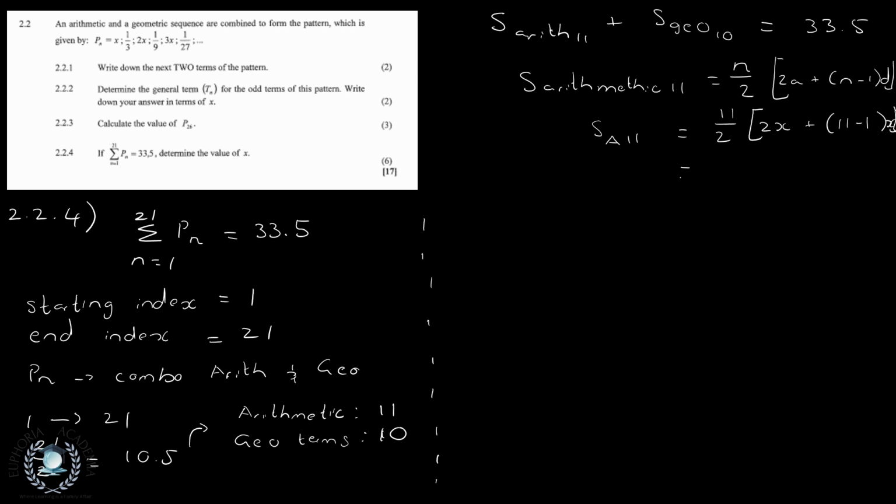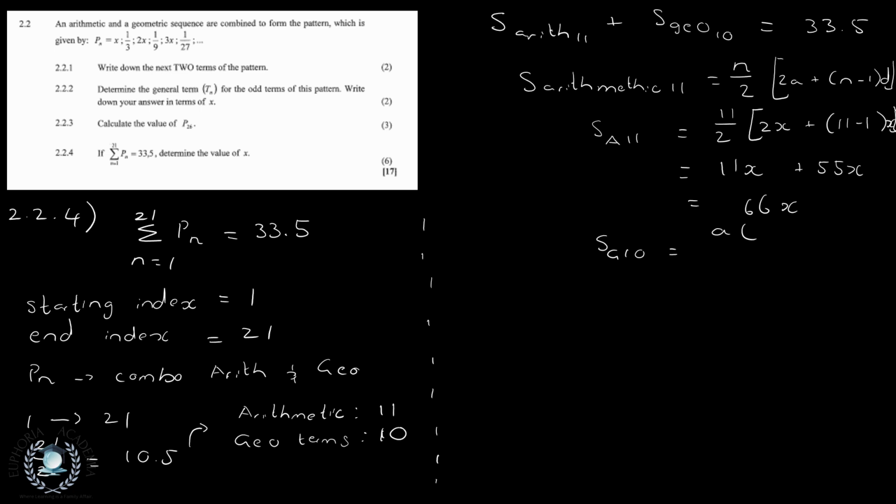So let us work that out. If we work that out, we're going to see that, okay, let me do it step by step. Going to get 11x plus 55x, and that will be equal to 66x. Now for the geometric series, we have 10 of them, and for geometric series, the formula for the sum